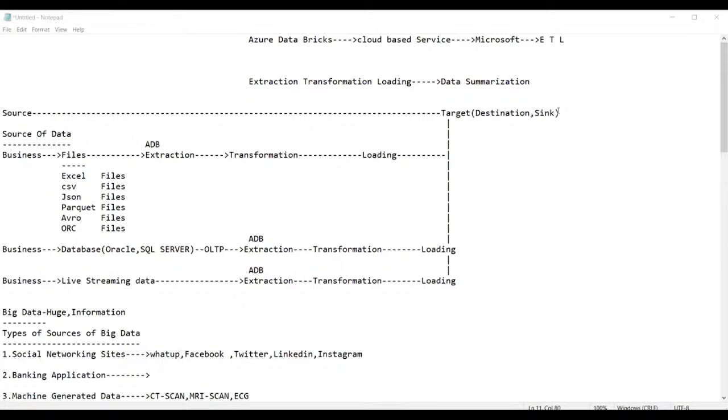Once the data is loaded into the Synapse system, the data is picked up from here. We use a technique called OLAP, online analytical processing, and we apply artificial intelligence or machine learning further on this data. Synapse performs this type of job, focusing more on the visualization of the data.